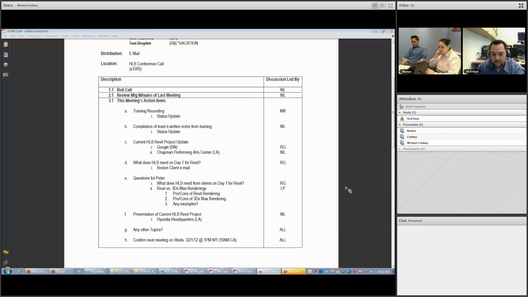Gotcha. So now I would say our two largest clients from here on out, all of our projects with them will be in Revit. And being that they're two of your larger clients, what percentage of Boston work, just from their perspective, would be Revit? Well, for new projects, it'll be 100. Well, no, 75. I would say probably like 75% of our new projects come from these two clients. Okay. So for new work, we're looking at 75% of our work.